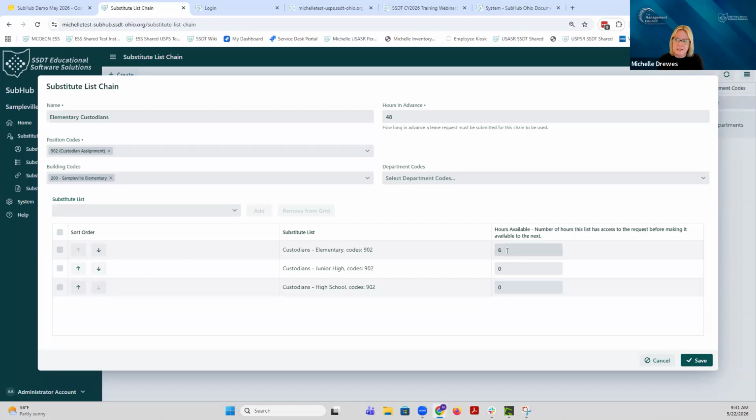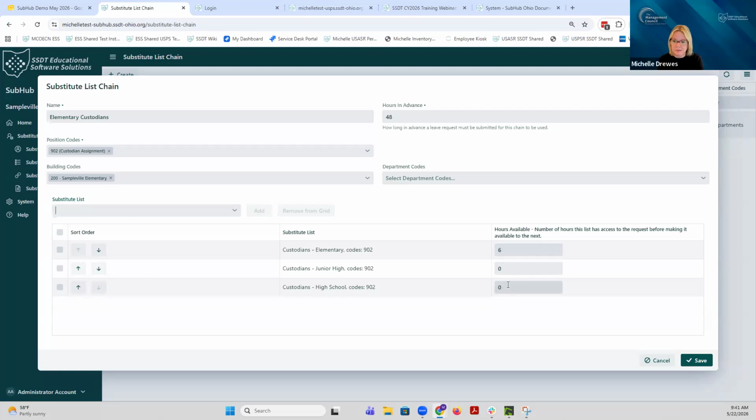They're the only ones that get sent notifications during that window. So after the 6 hours, at 4 o'clock, it'll send the next notification to both the junior high and high school sublist. I don't have any hours available here, so it's going to send it to both lists